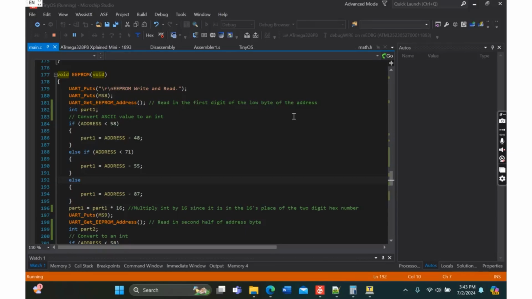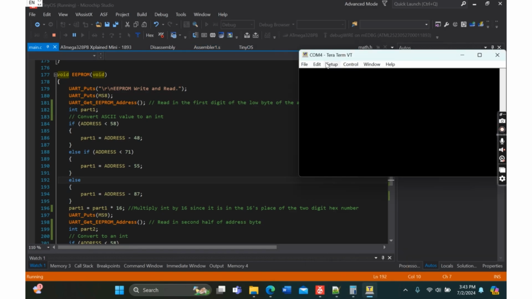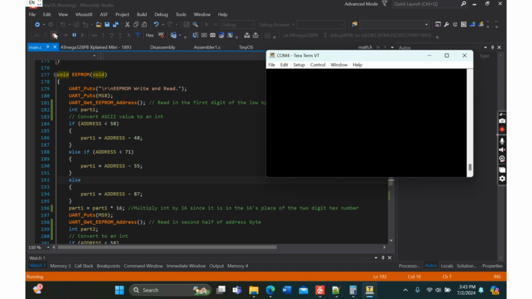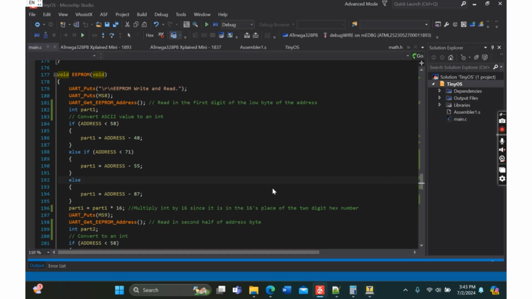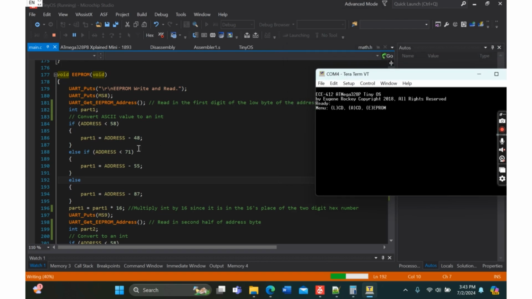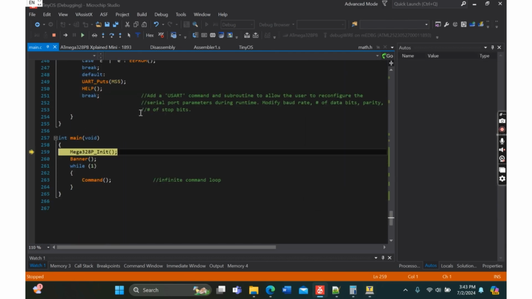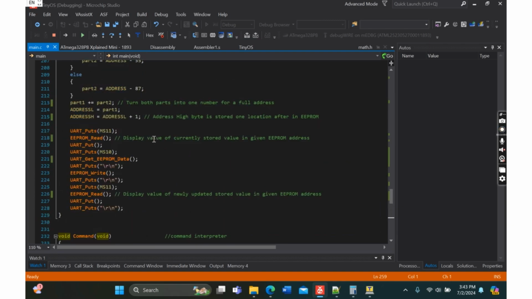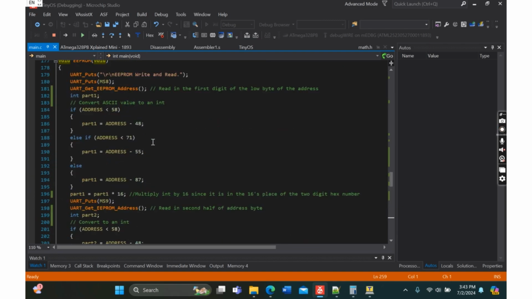For part 3 of our code, we're looking at the EEPROM. And so when we debug our code, I'll explain in the meantime. So we're taking in the first half of a data address. And so we take the first character of that from 0 to E or 0 to F, converting it to